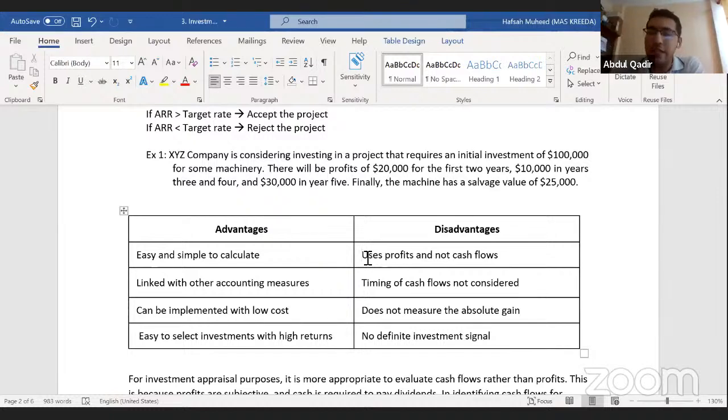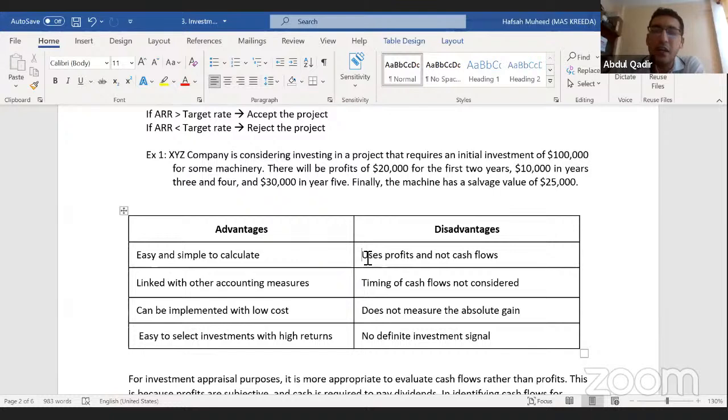The good manipulation, in the sense, is that each company's depreciation policy can differ from company to company, right? If a company uses a lower depreciation rate, your profits are going to be high. But depreciation is a non-cash expense, so it might not give the true picture of that project when you use profits and not cash flows. Cash flows are cash which you get in your hand. That is why you prepare a cash flow statement as well when you prepare company accounts, because then you know how much cash you actually get in your hand and not the profits.